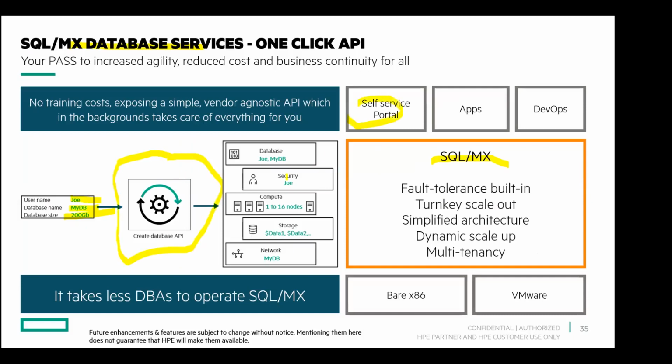Simple APIs are exposed through this self-service portal. So if Joe logs in and defines MyDB, and then authenticates himself, Joe then allocates the number of nodes required, the storage required, etc., and the port connections for the database. All those definitions he does in a simple web form and submits it, and the database becomes ready. On the back end, there are applications, and the DevOps methodology is used for bringing up the database, the database engine, the tables, etc. And when it comes up, fault tolerance is built in, it's scale out, all the Nonstop traditional fundamentals are applied. And it offers multi-tenancy.